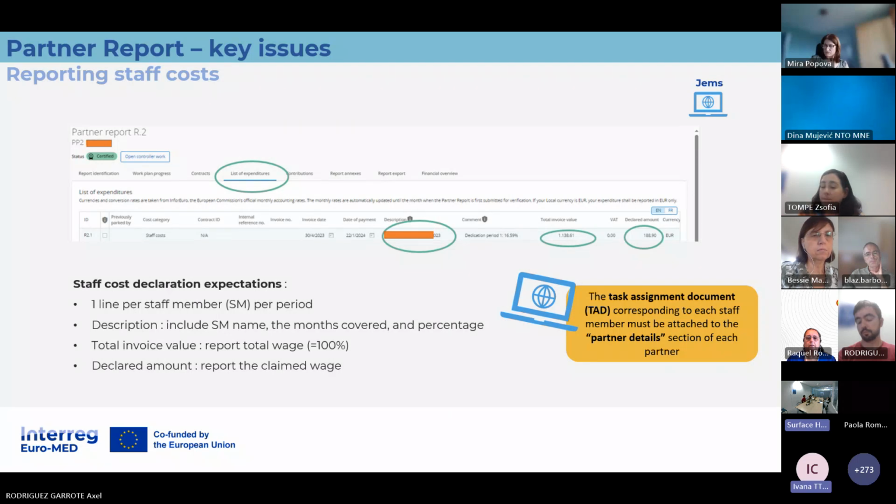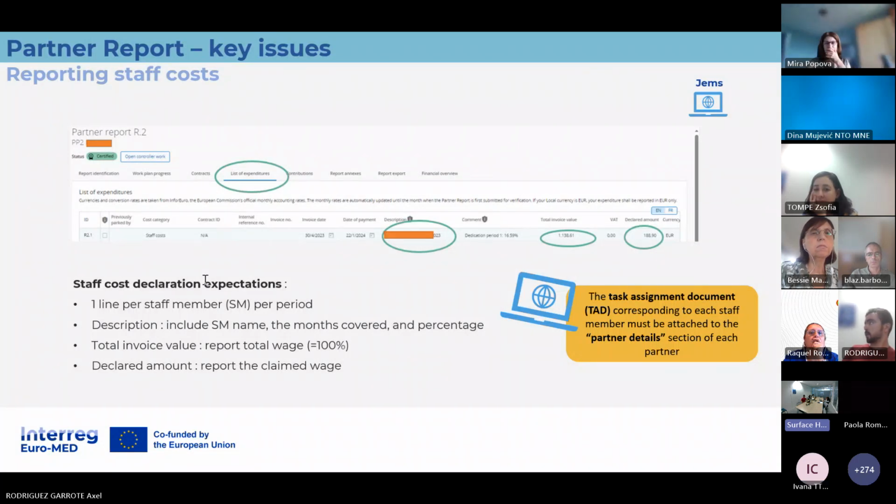And regarding the task assignment, you mentioned a couple of times that the task assignment should be placed in attachment. For example, in one line there is a salary for one person and documents for that person for the period we are reporting. Should the task assignment be uploaded together with those documents for one person or in partner details?